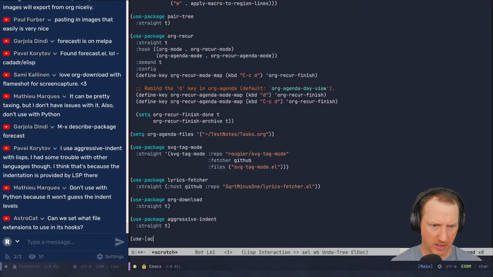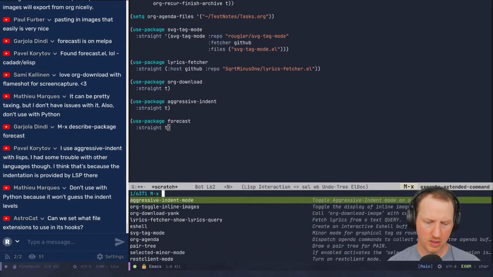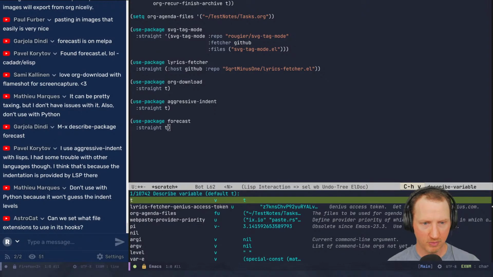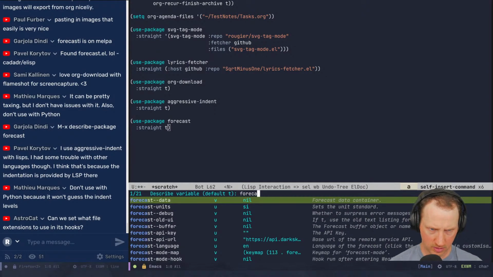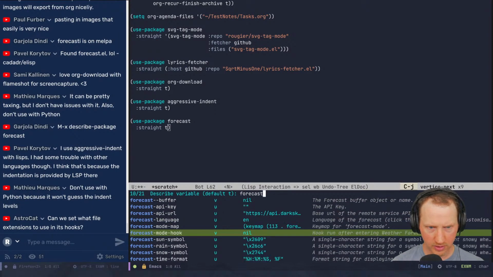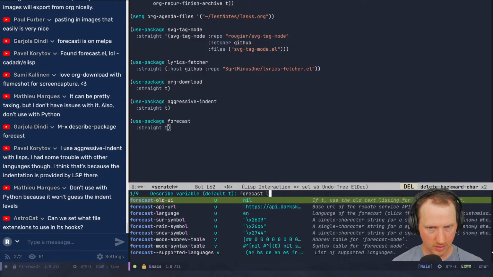So use-package forecast, straight t. So we're cloning it, building it. Now if I type in forecast, bring up the forecast buffer, latitude and longitude have to be numbers. Well, dude, I don't just happen to know the latitude and longitude of where I live. API key, API URL. Hopefully I don't need an API key because I'm not going to bother with that. Latitude, location.